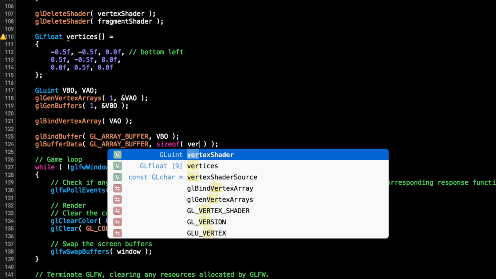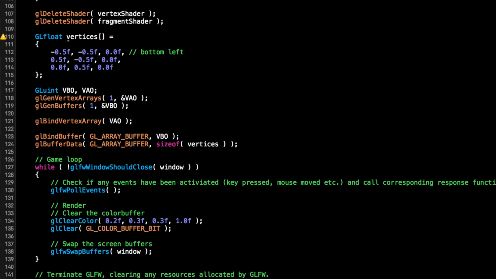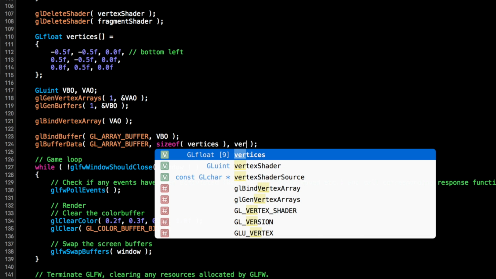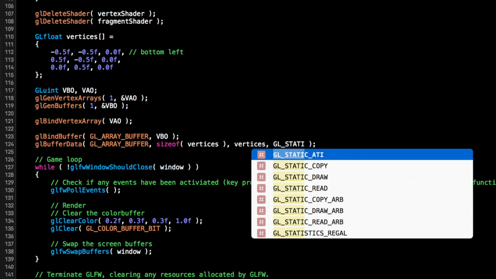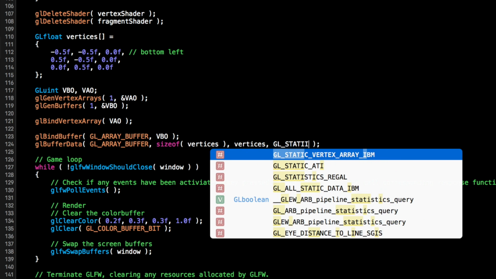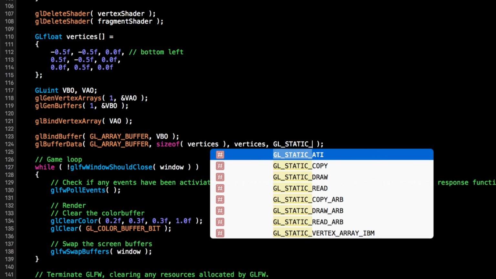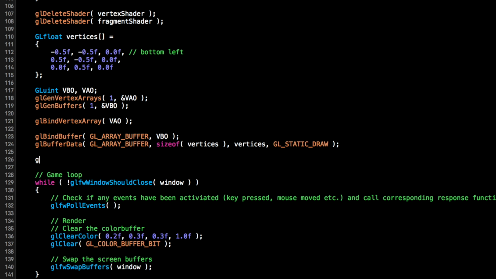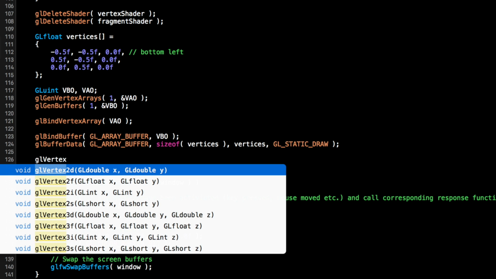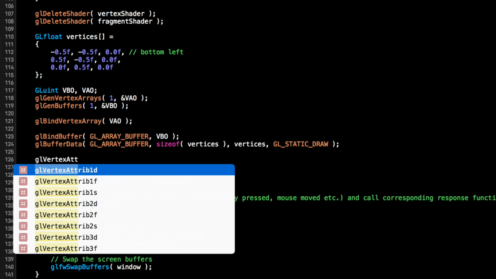So this is a dynamic way of doing it without explicitly putting in the size. I'm going to pass in the vertices that we are drawing, and we're going to do GL_STATIC_DRAW. So this is just the buffer data that we'll be using to draw our good stuff. And now we're going to be creating the vertex pointer. So we put glVertexAttribPointer